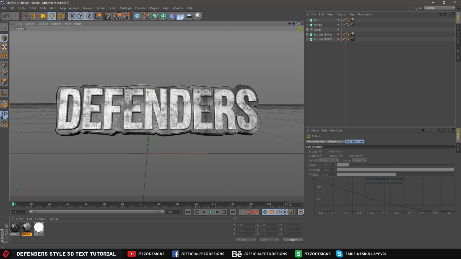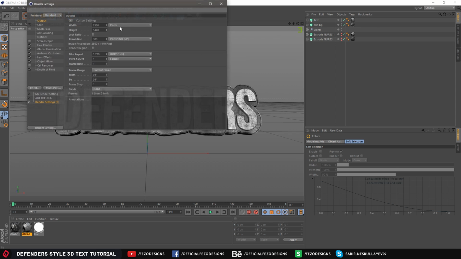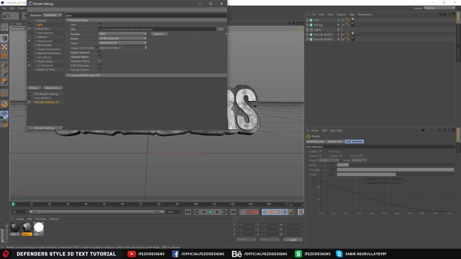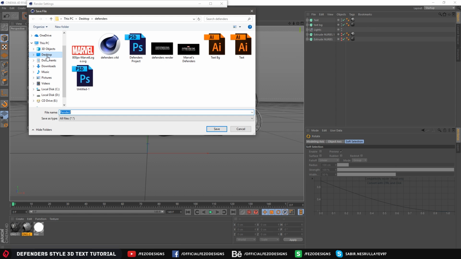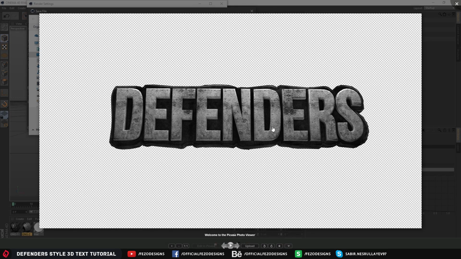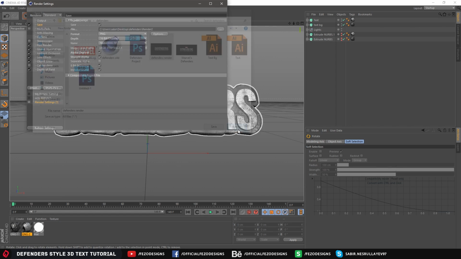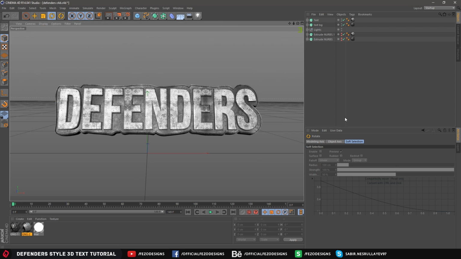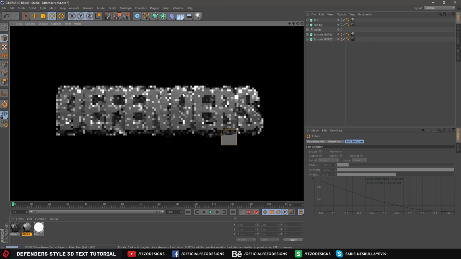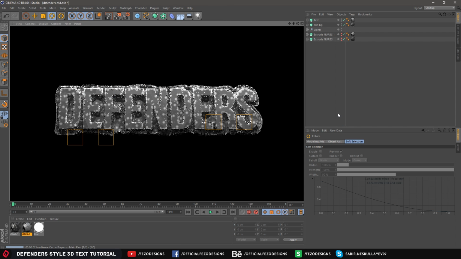Okay, here we go. Now go to render settings, go to save, and save it to your desktop or whatever you want. I've already rendered the Defender's render, as you can see. Just click open and you will get this render after rendering, just like that. I'm not going to render it again, so if you want to check the preview, here is the same